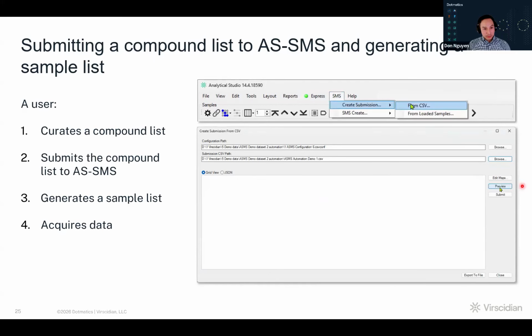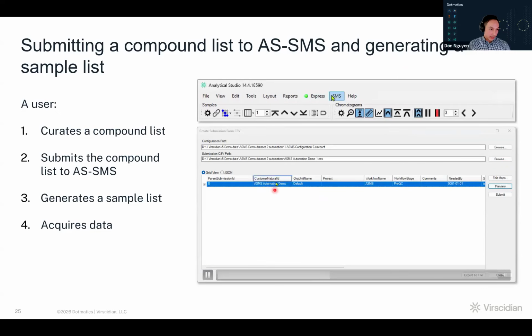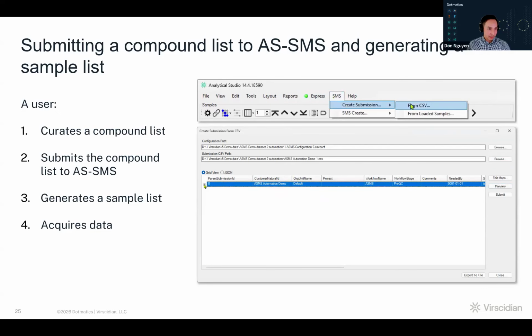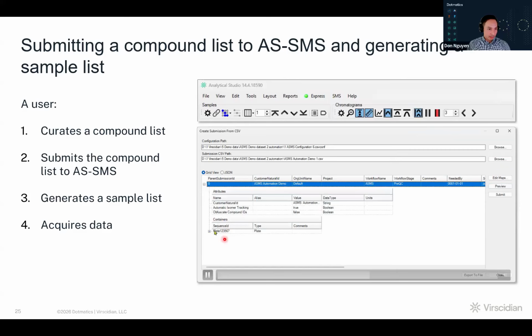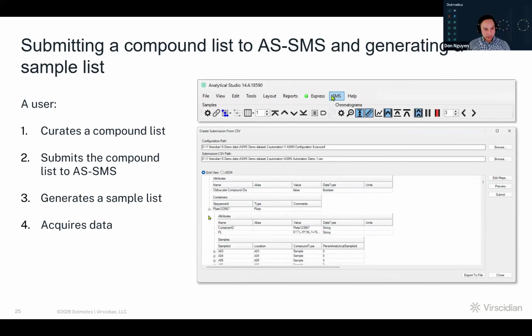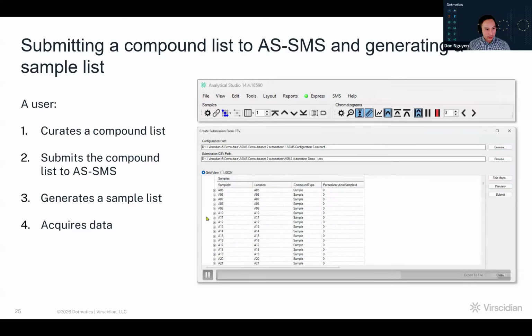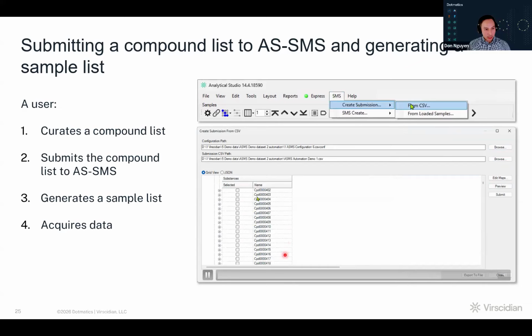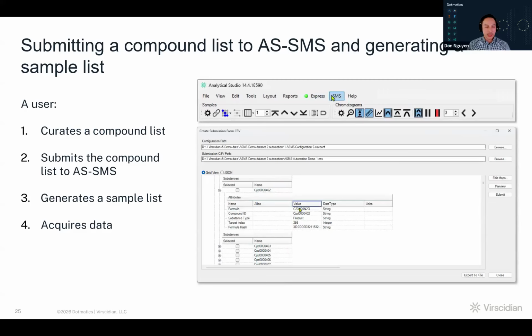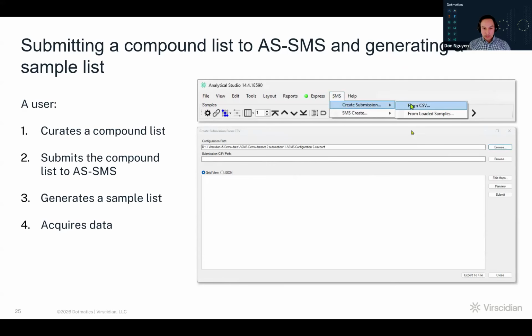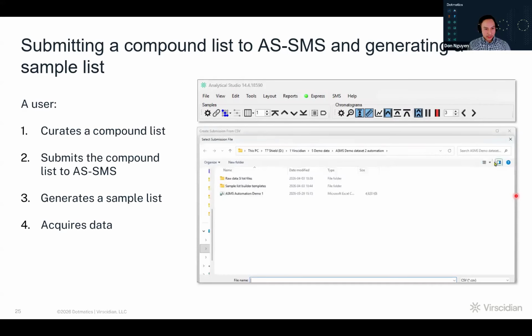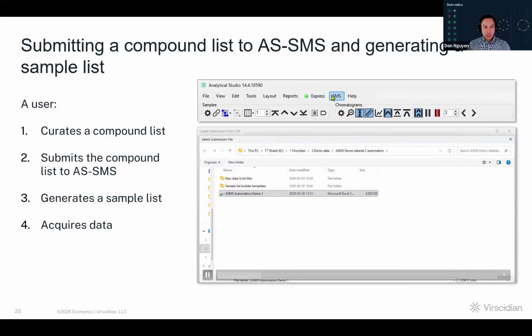We can then preview our submission. So there's that ASMS campaign number, for example. There's our plate barcode. And as we drill further and further down into the submission, we can see all the samples we're going to be injecting, as well as all the compound information, molecular formula information, as it relates to that particular sample. Right, once this is ready, we can go ahead and submit this to create the submission, and then